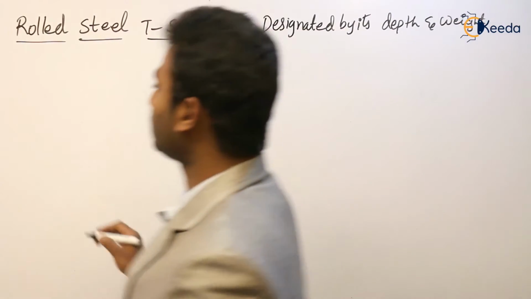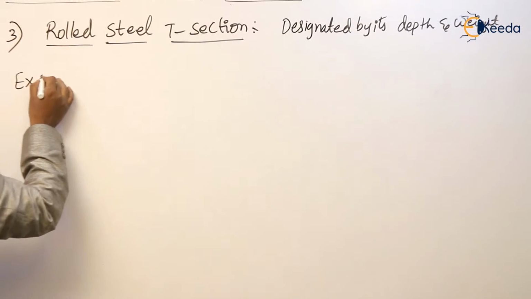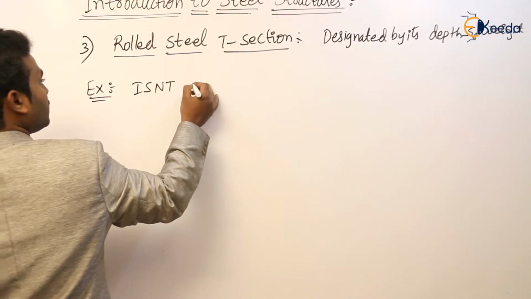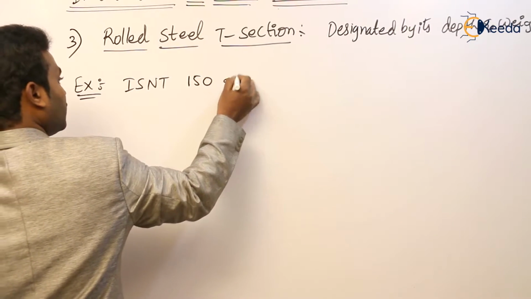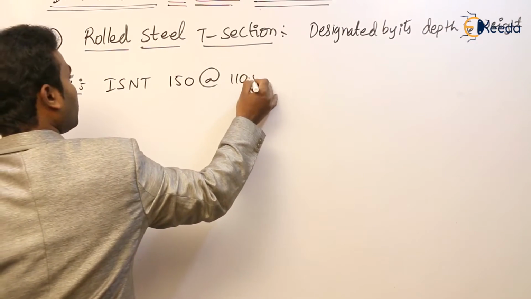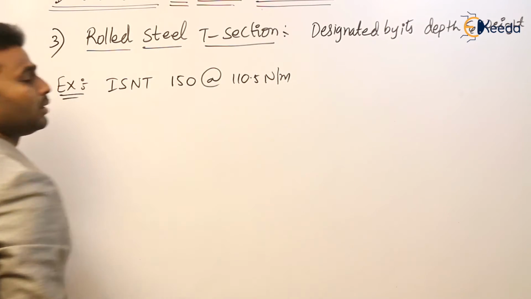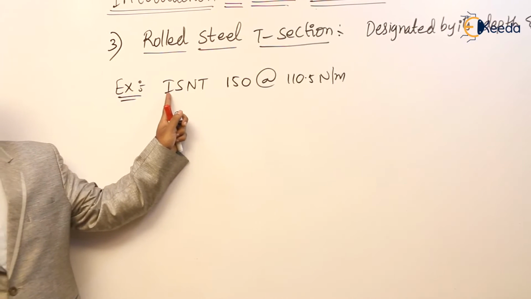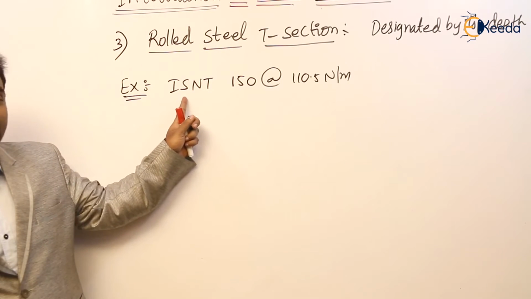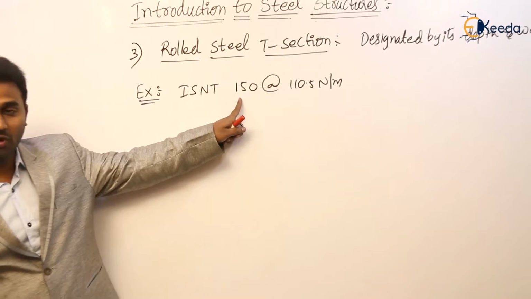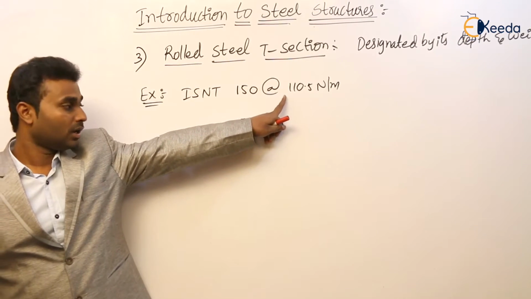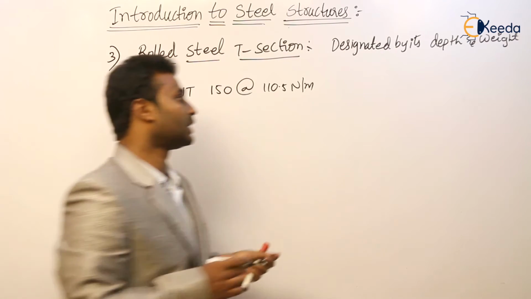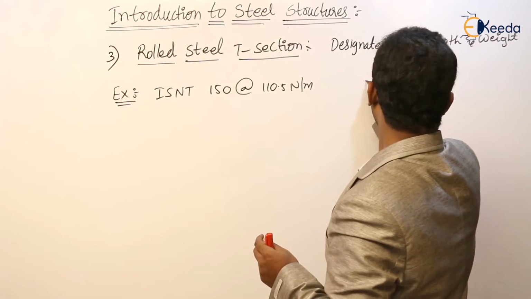For example, ISNT 150 at the rate of 110.5 Newton per meter. It means Indian Standard rolled normal T section of overall depth 150 mm having 110.5 Newton per meter. And if you see the diagram, the cross-sectional shape,